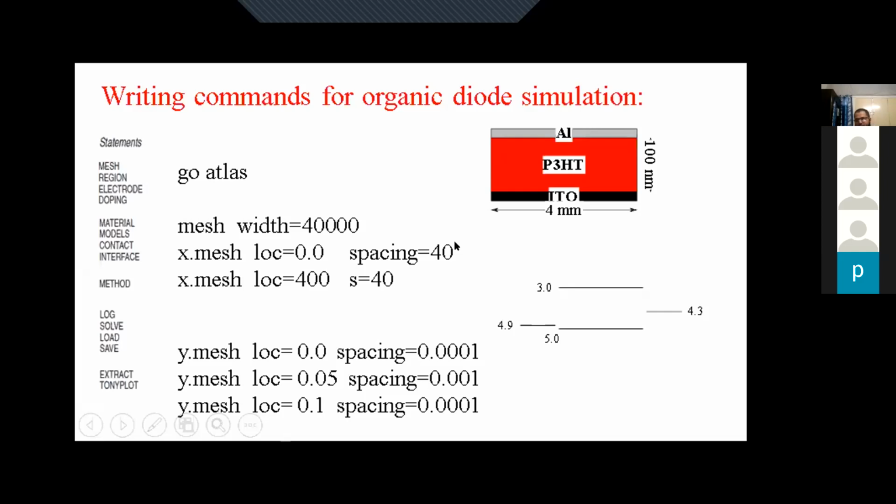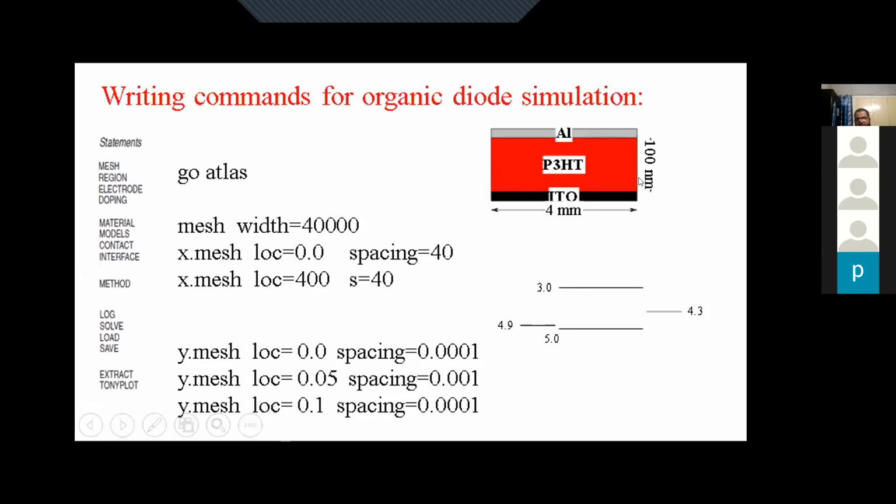Okay, moving on. So what we have done till now, we have defined the mesh, and also we have given the third dimension width, which is around 4 centimeter, 40 mm, sorry. So actually, what will happen is all the calculation will be done, and the current will be multiplied this much time to give you a realistic value. So till now we have defined the mesh. Next we need to define the region.